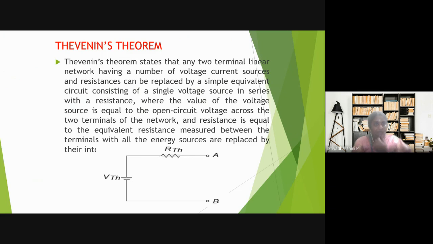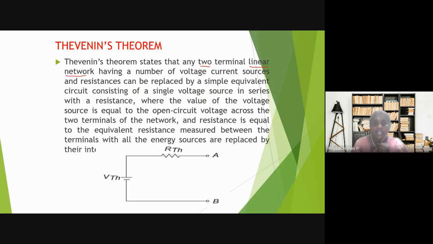What we are going to see today is Thevenin's theorem. This is one of the important network theorems. What does Thevenin's theorem state? The theorem states that any two terminal linear network, the main point is two terminal, the network should be a linear one,